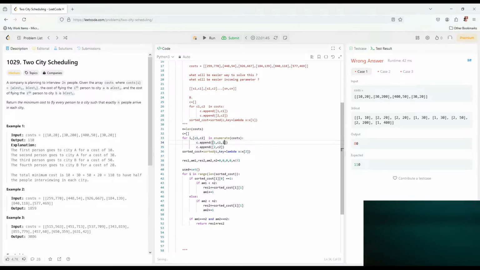Doesn't matter for us. I just need to sort it by this, so I don't have to change this. However, if I'm choosing this, I need to add use it. So if sorted equal one,